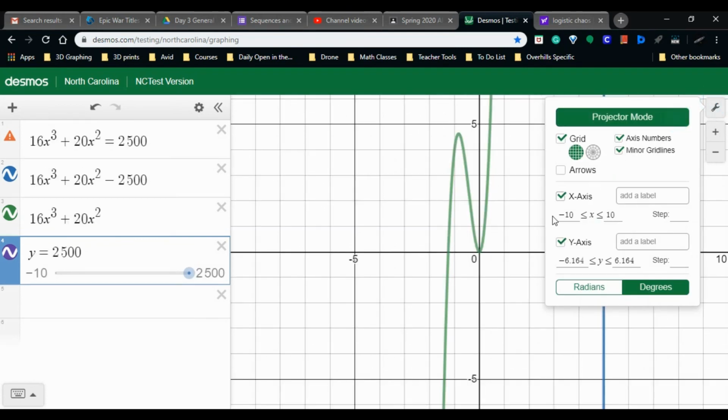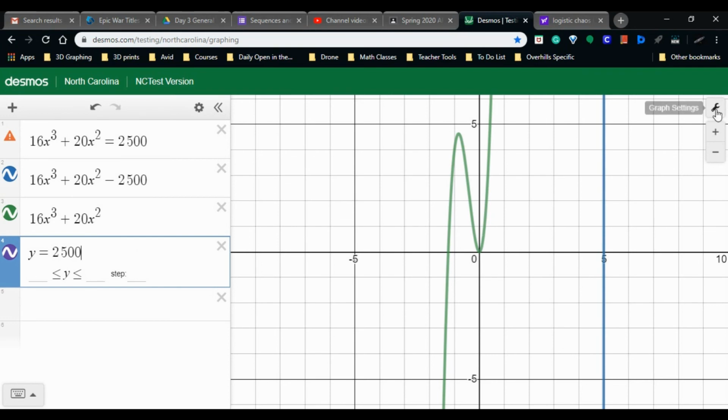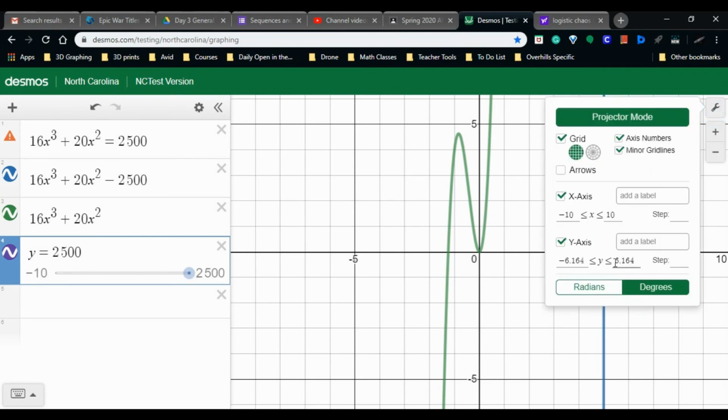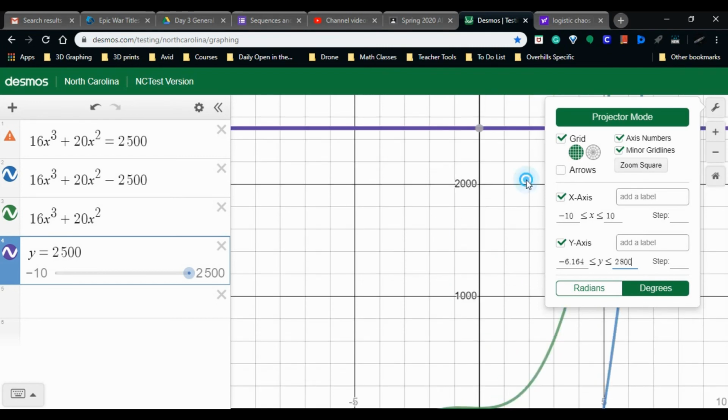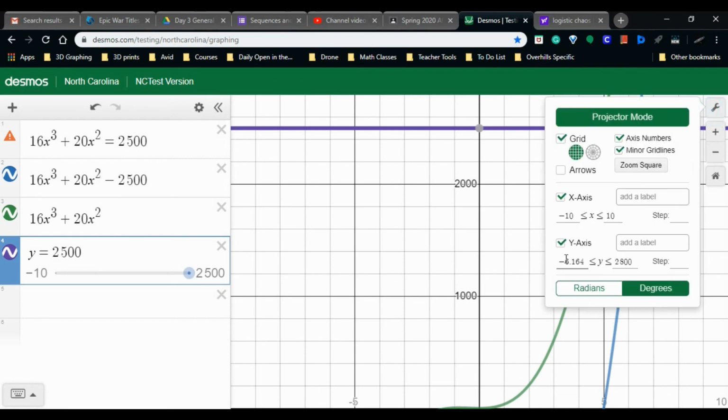And so let me put this on projector mode so you can see it a little bit better. What I'm looking for now is the intersection of these two lines, this one and this one, which means I need to go to when y is 2500. So I'm going to change my window size. I'm going to go a little bit above 2500, just that way I can see, and then there's going to be the answer that I'm looking for, which is 5, which has a direct connection to,